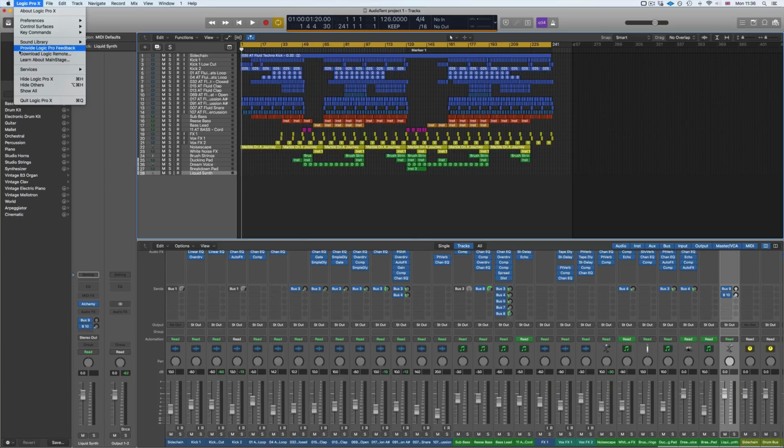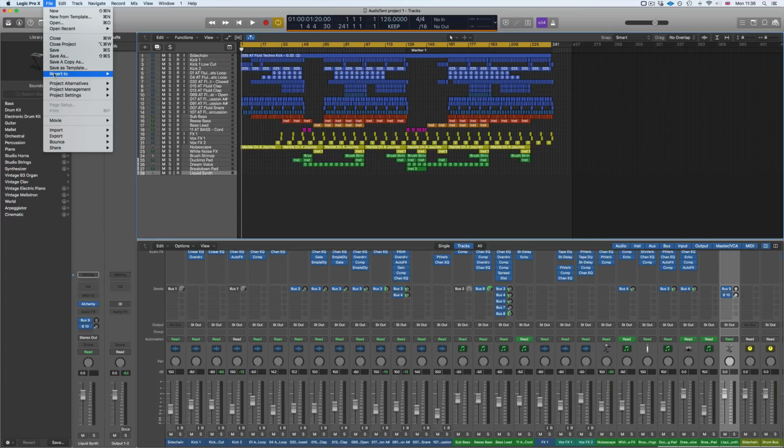As well as that, if we go to File, you can see we've got Revert To as well, and we've got a list of the backups, and we can also save alternative versions. This is if you want to test out different ideas, different melodies, or whatever it is you're doing, then you can test those out, and it's essentially saving that as a copy.